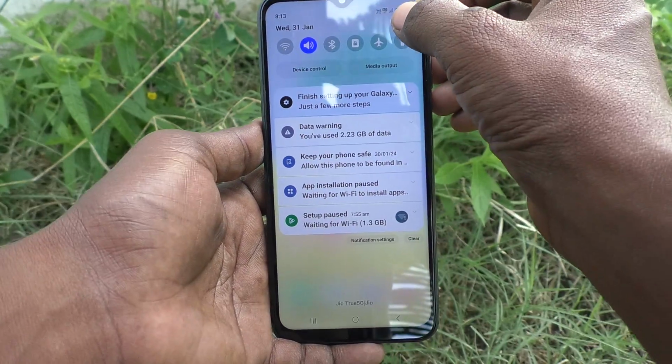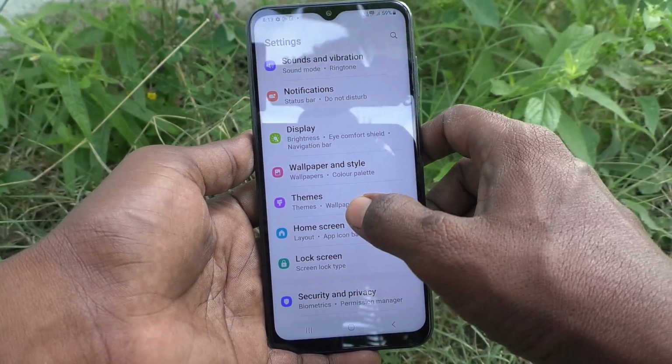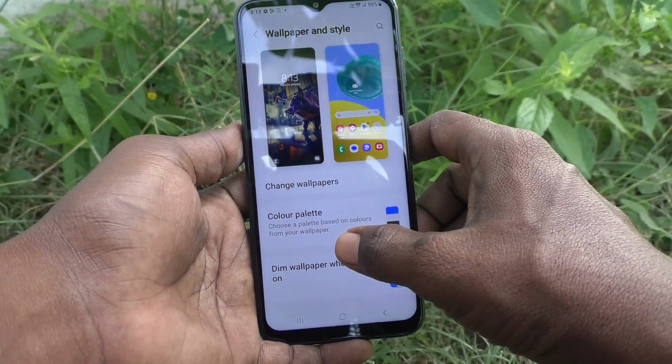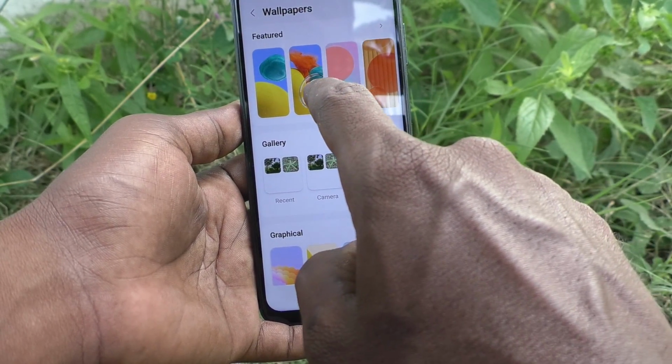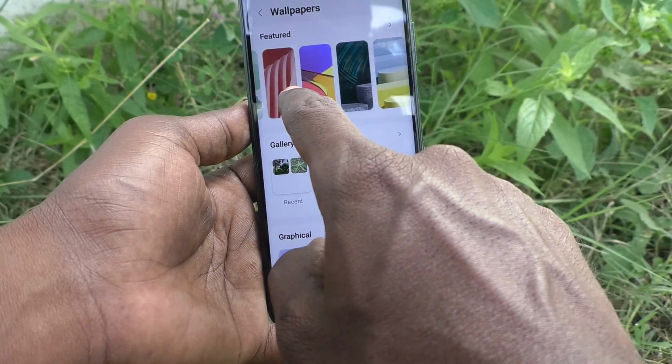First of all, go to the settings of your phone here, then go to wallpaper and style. Here select change wallpapers. These are all the system available wallpapers. Just select any one. I would like to select